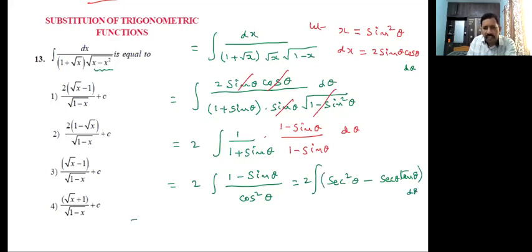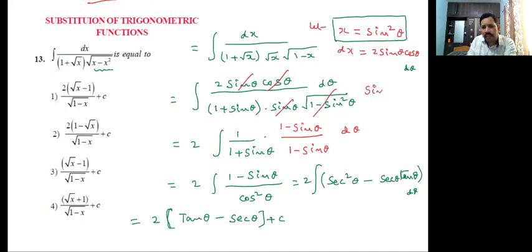Next, apply the integration. What is the integration of secant square theta? Tan theta, minus, what is the integration of secant theta tan theta? Secant theta. So up to here we got the answer. Then see, the options are in terms of x. Here x is equal to sine square theta, as I have taken. Then what is sine theta? Tell me. Sine theta is equal to